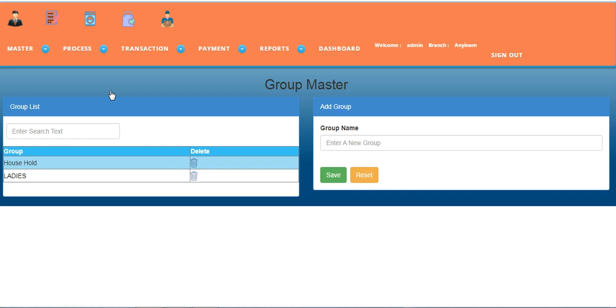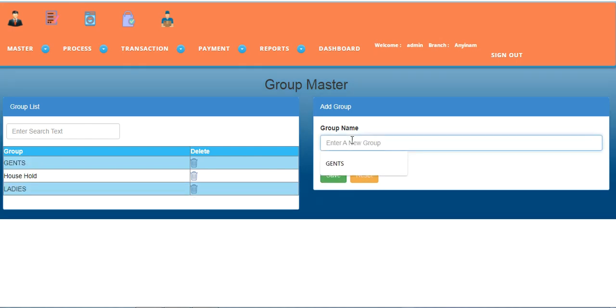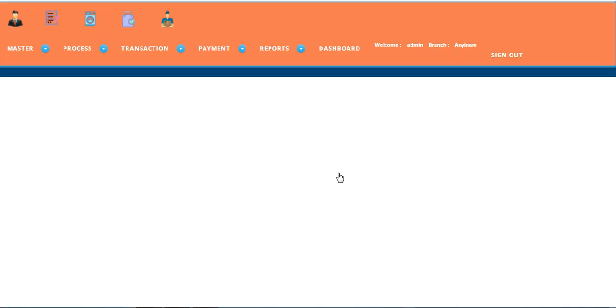So types of goods, in the sense what type of clothes you are handling. So household goods, ladies clothes, gents clothes. Whatever group you are creating here will be shown at the time of billing. So here household and ladies have been created. In a similar way you can add gents, kids. I type in caps, so gents and kids. So I have added them in a similar way.